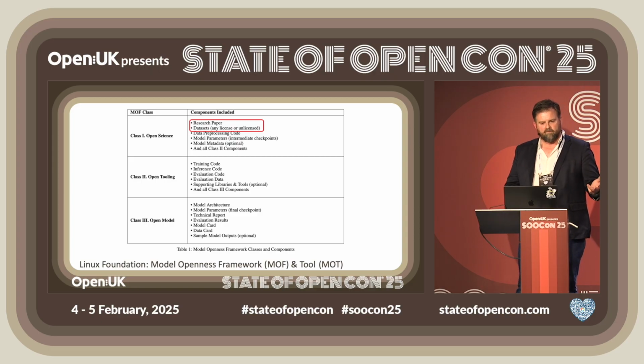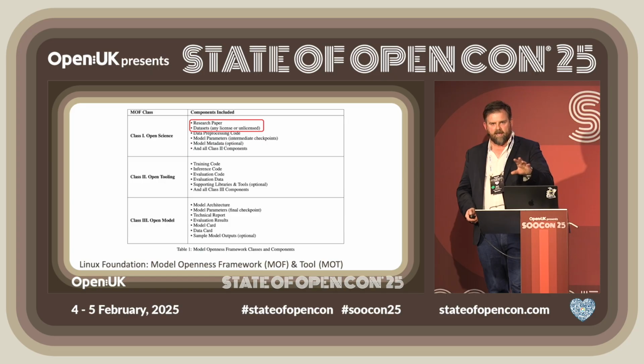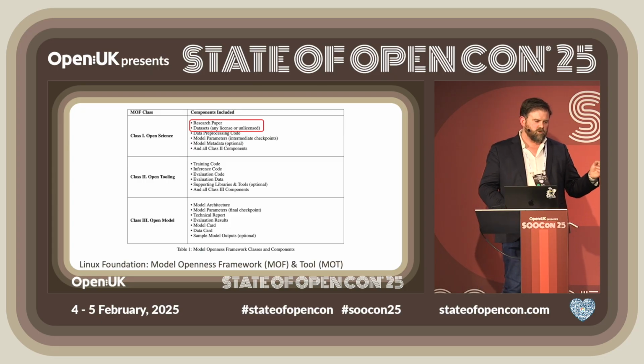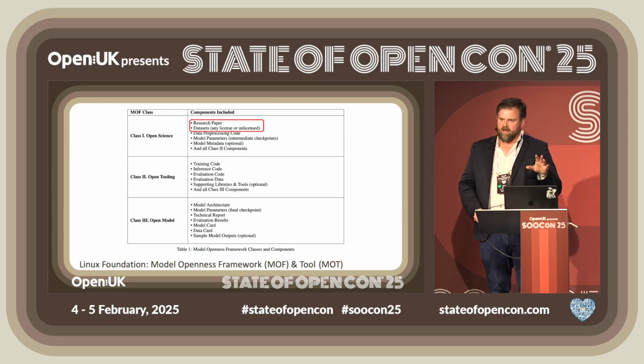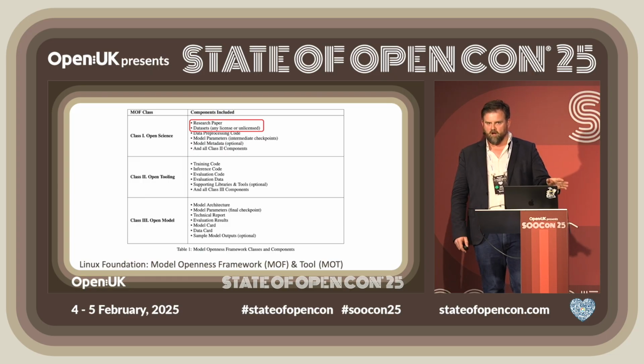So this is the MOF, and in class 1, not only are they saying the data can be provided under any license or unlicensed like Common Crawl, which is basically a dump of the internet, they're also for the first time ever asking for documentation. And we've never asked for documentation in open source, right? You might have a quantum library that's understandable by 2 people, doesn't have a single comment in it, and it's still valid, valuable open source code.